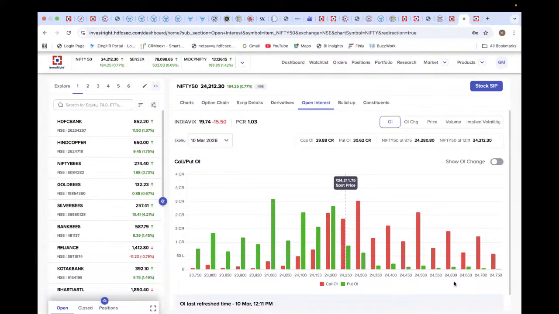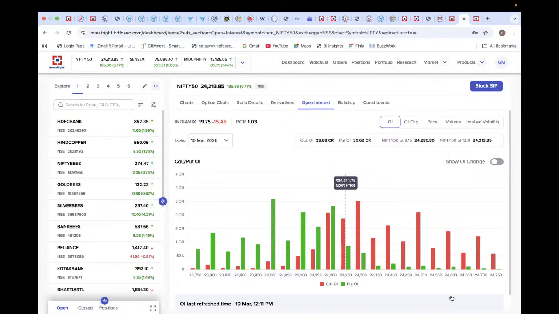On the call side, the market positioning is gradually shifting higher. At the 24,250 call option, open interest is around 2 lakh contracts, which is a fresh addition during this session. And at the 24,300 call option, open interest rises to around 3 lakh contracts, which suggests that the strike could act as the next resistance level. So currently Nifty is around 24,215. Gradually we are expecting that Nifty will breach the 24,250 level, which is also technical resistance, as Nifty was not able to cross that in the current session. Once it crosses 24,250, the next resistance is around the 24,300 level.